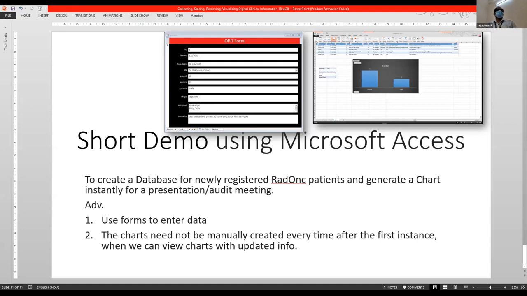And then see where is Microsoft Access. So you go to the start button and then you search in the list of programs for Microsoft Office. In my computer, a 2013 version is installed. Of course, 2010, 2019, so many versions are available. I would prefer to use 2013 and above, because there are quite a good number of features in 2013 and above. So click on this 2013 version.